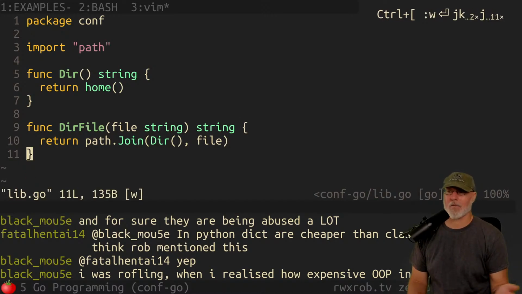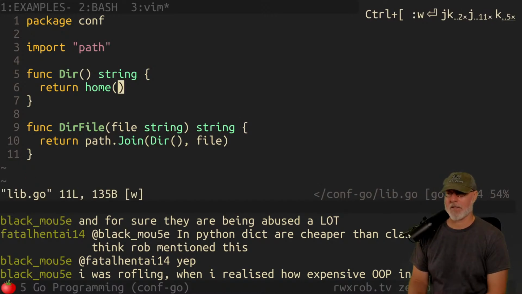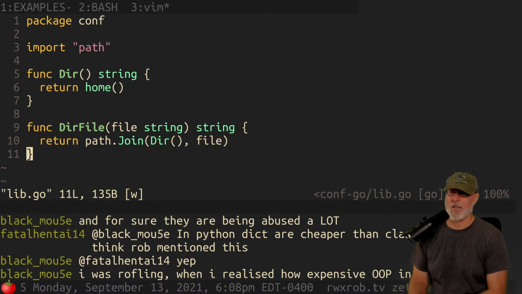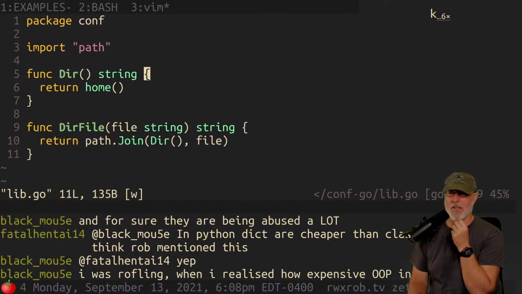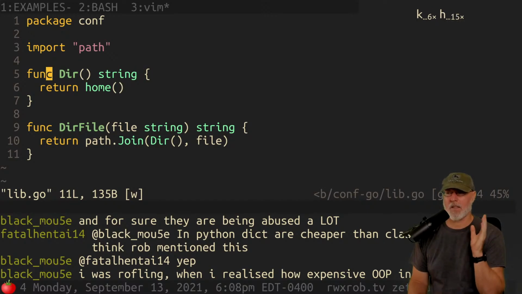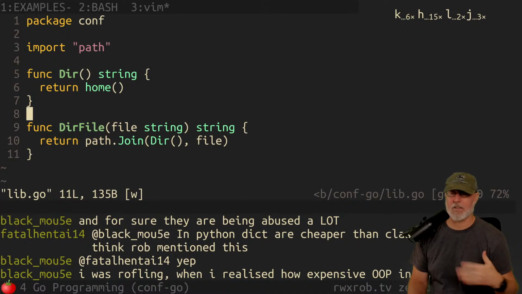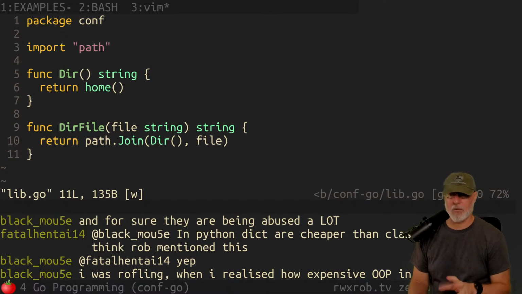So all we did is we created two functions, one to return the directory, one to return the file. We have an exe, but we don't actually need that one. Here's the thing, this is a super big question: do we want to expose the current directory to the end user? Yes, we absolutely do. We want to allow people using this library to just get the directory and then do other things with it.